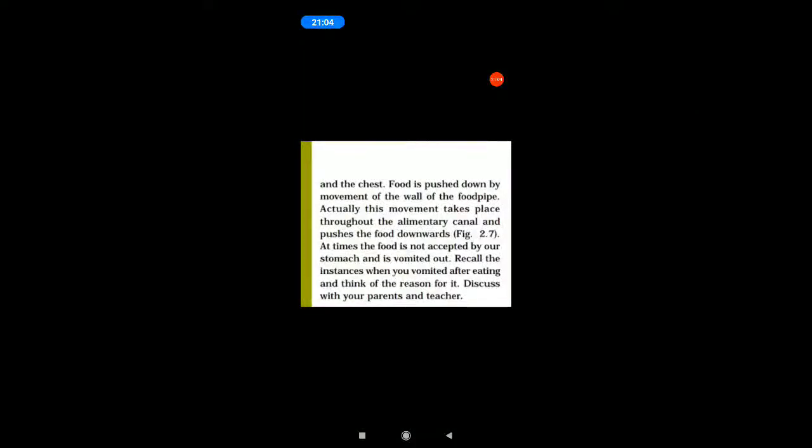Listen, at times food is not accepted by our stomach and is vomited out. The food is pushed down by movement of the wall of the